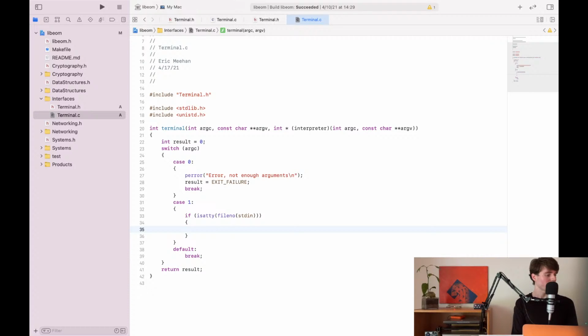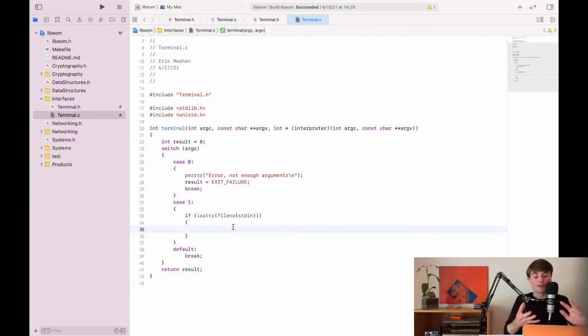Camel Trader says it is a TTY, and a TTY is another name for the terminal. TTY comes from teletypewriter. That word looked very strange from this distance. Teletypewriter. That's really interesting. So this is checking whether the standard input, when converted to the actual file number, is a teletypewriter. That's fascinating. Thank you, Camel Trader. That's awesome. So yeah, this is going to check whether or not we are using a terminal interface or a